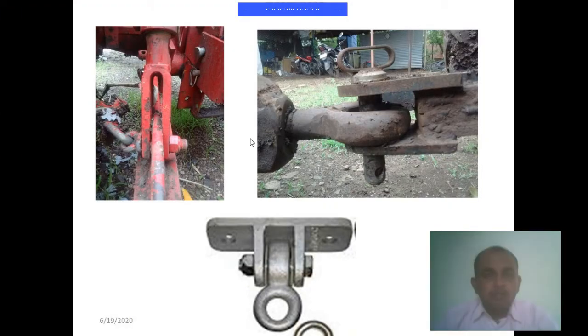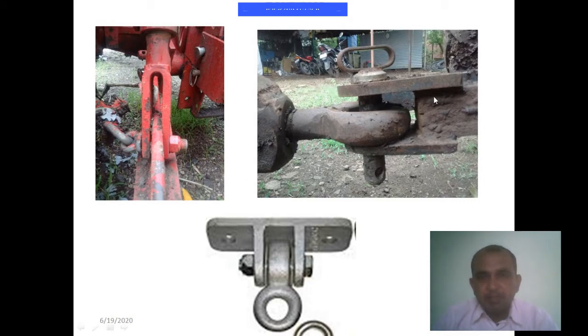So here we observe the various different cross sections present for the knuckle joints without disturbing the functions. The application of the knuckle joint is achieved, but the end of the eye and the end of the fork vary depending on the various applications. This end is circular in nature. The eye is different.